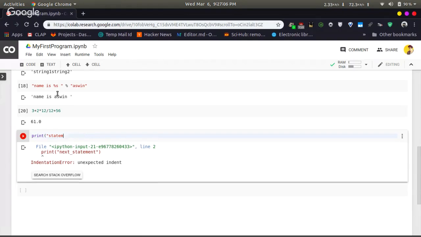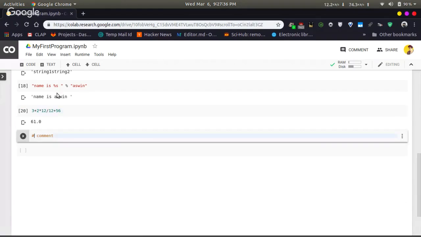Now we just continue with the commenting feature of Python. You can write a comment by the use of this hashtag. Okay, if you type anything after this hashtag, Python interpreter will not execute it.